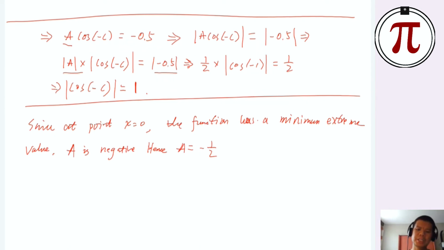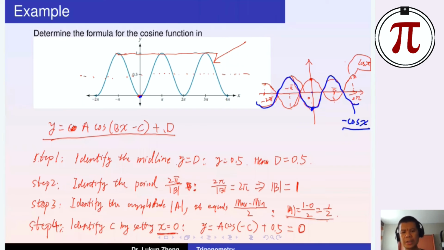Okay, a is negative 1/2. Now, then we can just determine the b. All right, determine b. Now for b is